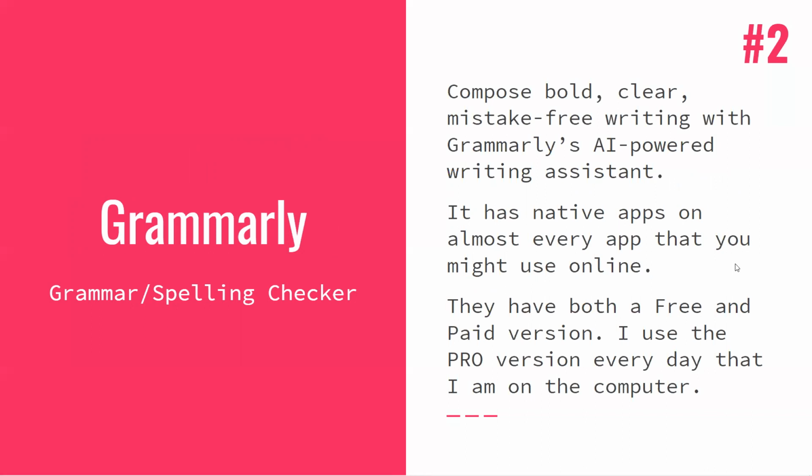And it works inside of most of the writing apps. It works inside Google Docs, Microsoft Word. In fact, it even works inside RSSmasher on some of the things. There's a few things it doesn't work inside of, but they have a really good user interface where you can just copy it, hit the Chrome extension, and it pops you into a Grammarly